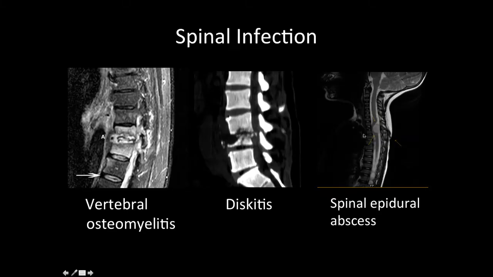Osteomyelitis on the MRI looks slightly different than discitis, which, by the way, is a bacterial process. It's caused by Staph aureus. These are usually in people that have circulating bacteria, like they're IV drug users, they have indwelling catheters. Diabetes also puts them at risk on top of that. Spinal epidural abscess, again, the same rules apply here. It's hard for me to see from my angle, but you can actually see that it's impinging into the cord, that there's an abscess there. And again, the screening test of ESR, if you're not sure, should pick most of those up.